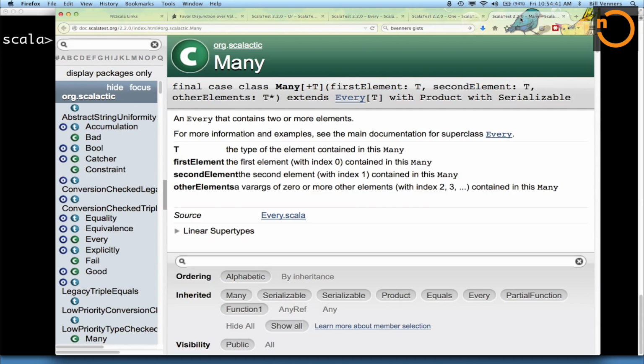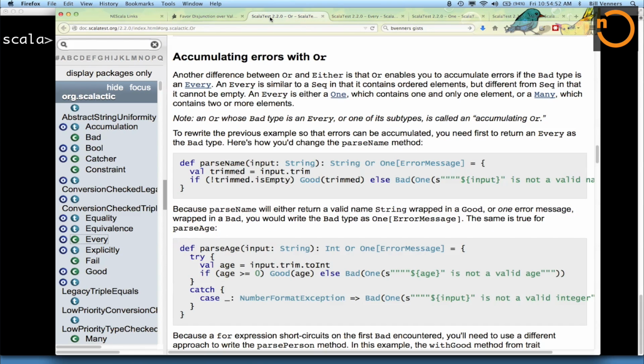And a Many takes at least two, right? So here's a first element, second element, and maybe more. So an Every is either a One or a Many. And what that allows you to do is if you really want to write some method that will be immediately accumulatable, you can say it's a String Or One error message. So you can't actually say in the type that this is an accumulatable error, but there's only one of them,